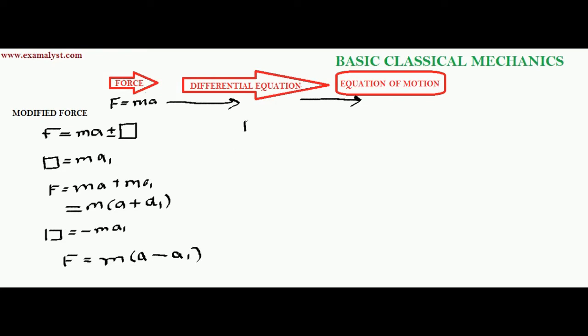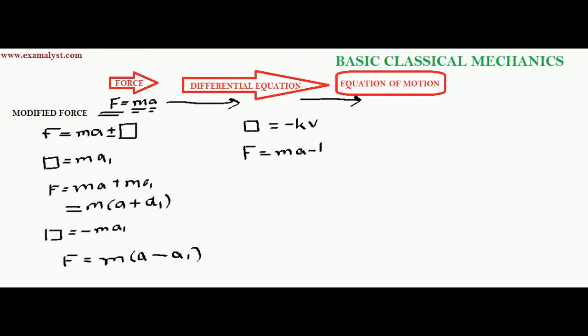However, if this change is some weird term, say minus kv, where k is some constant and v is the velocity. F is the force acting on an object, m is the mass of the object, a is the acceleration of the object. Similarly, v is the velocity of the object. Agreed? So if I add this, then my force equation looks very weird. F becomes ma